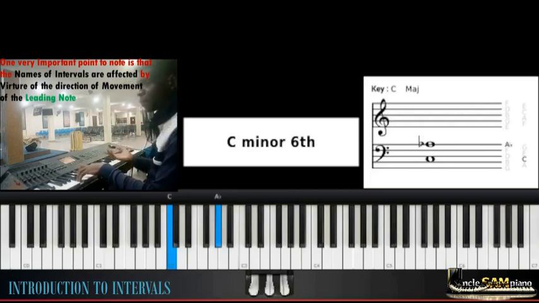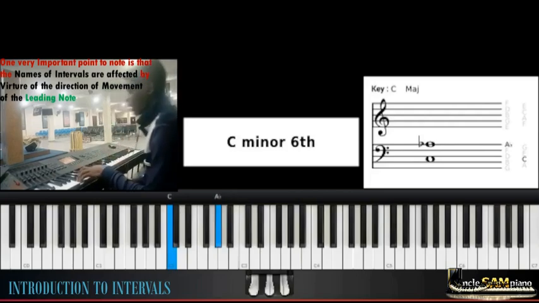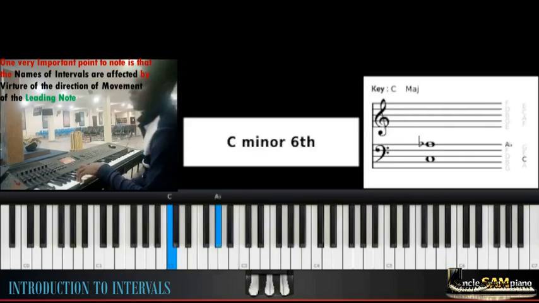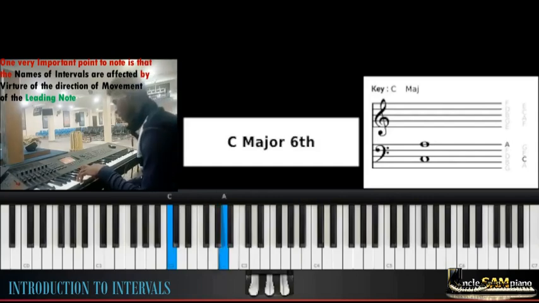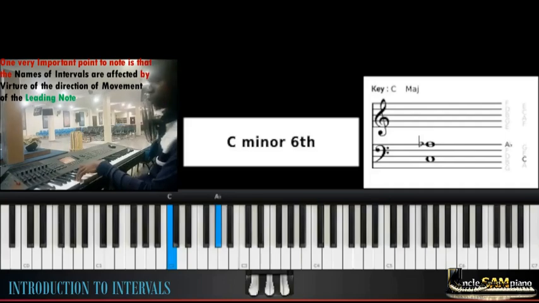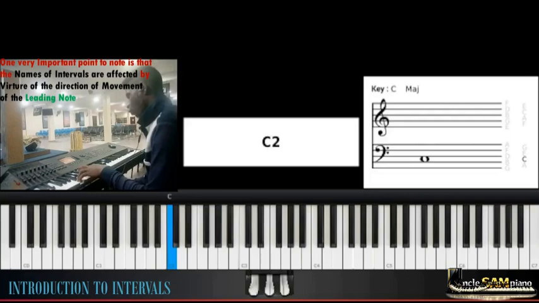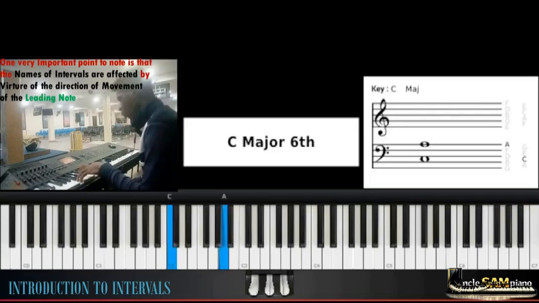By theory of harmonic equivalence, we call it either the interval of an augmented fifth by virtue of moving from the fifth upwards, or we could call it an interval of a minor sixth by moving from the sixth below downward. So this is an interval of a minor sixth. Now let's proceed. If we move forward from the minor sixth, we take our fingers forward, we land on the